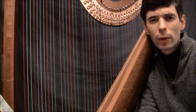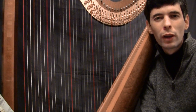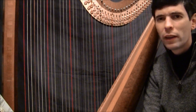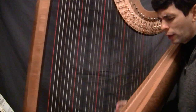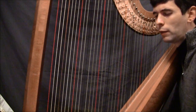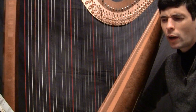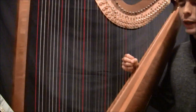And on this episode, I'm going to be talking about glissandos, or glisses. Now, glisses, of course, are such a typical harp sound. And you'll hear them all over the place in orchestral music. On TV, somebody jumps, that type of thing. And they're not actually that hard to play compared to a lot of things. They can sound quite impressive,